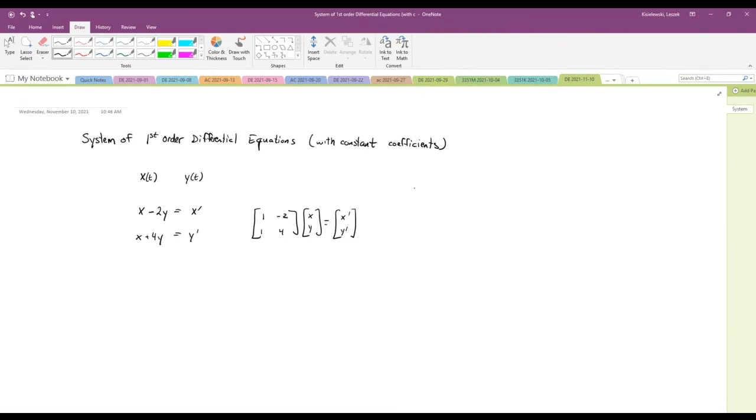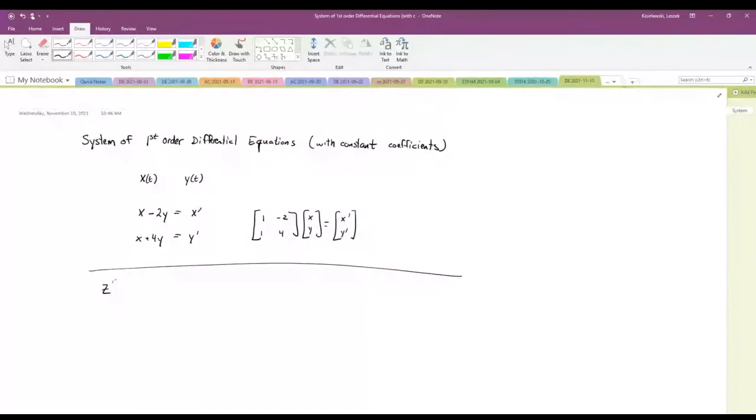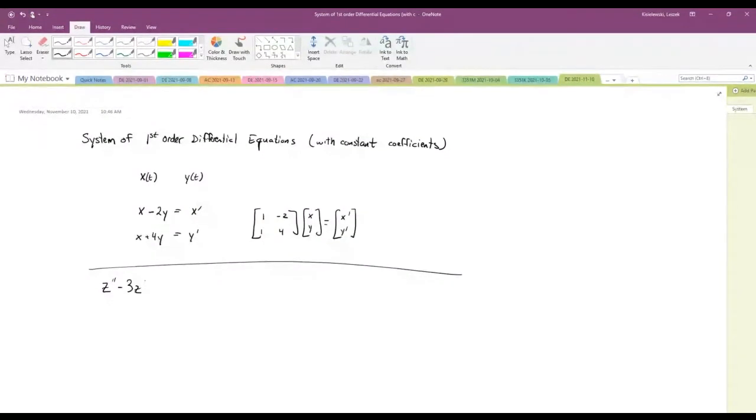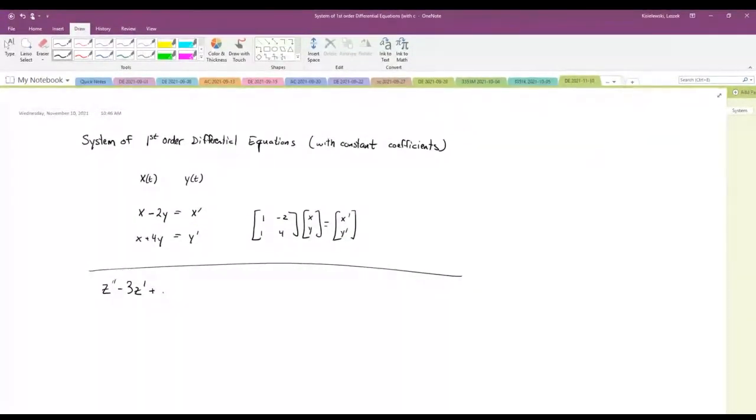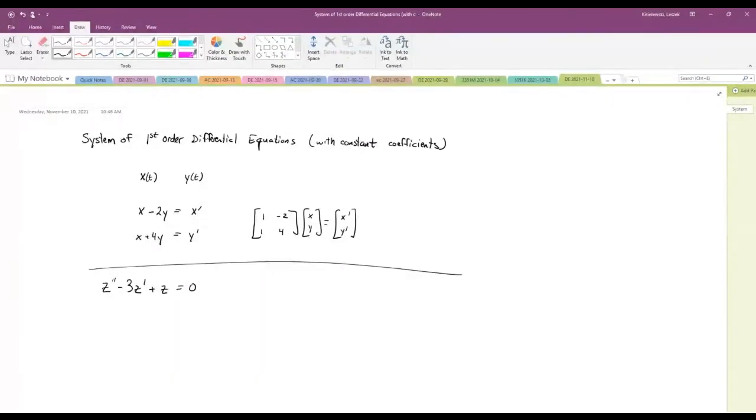Now, why would this be important? Well, if you have higher order differential equations, we can try to reduce those to a system of first order differential equations. So for example, suppose we have a differential equation like this, homogeneous. What I could do is I could let